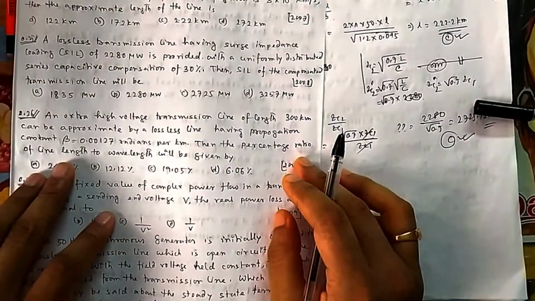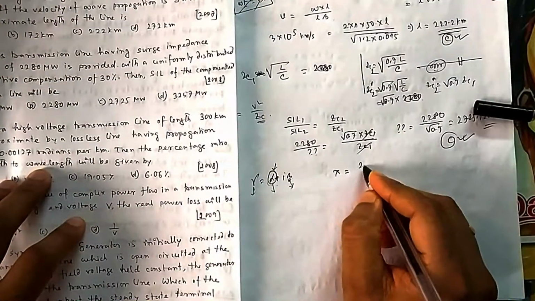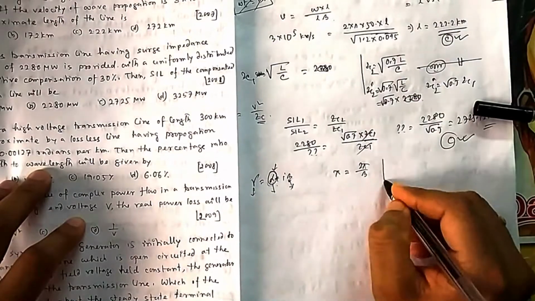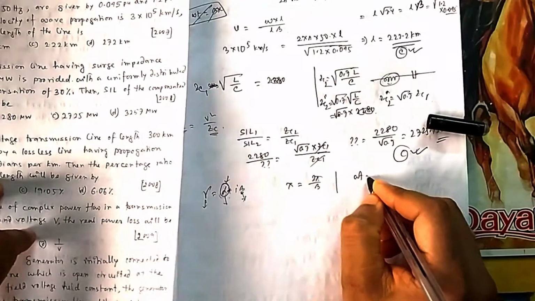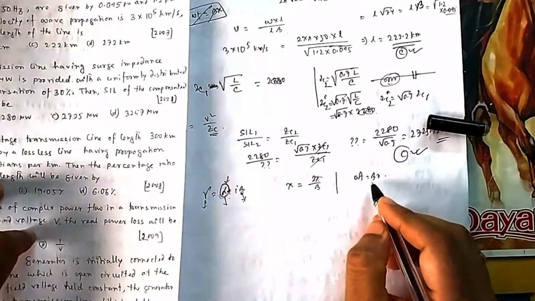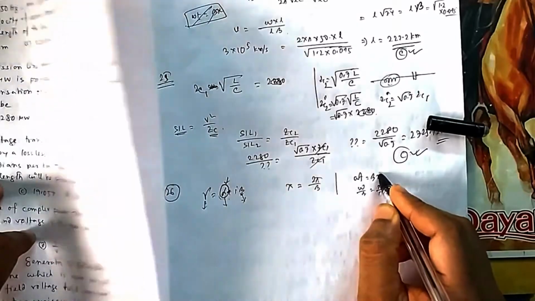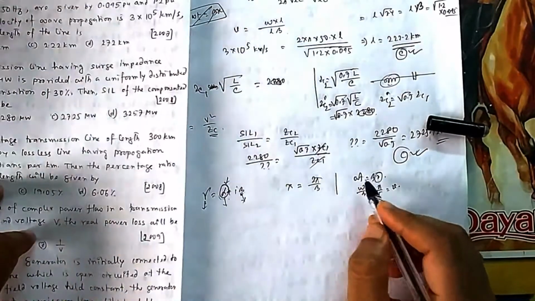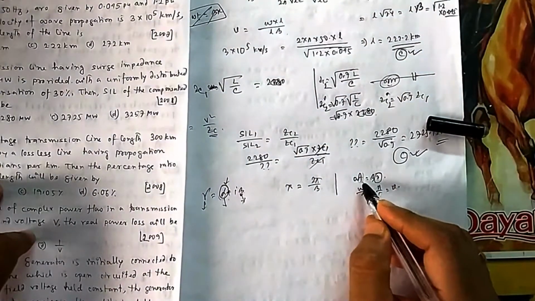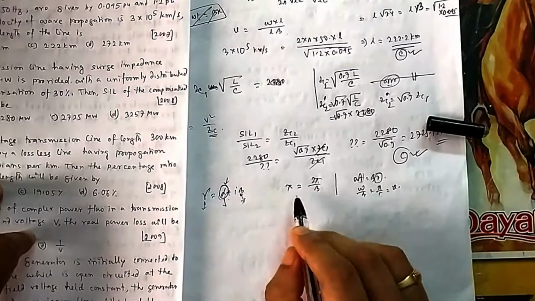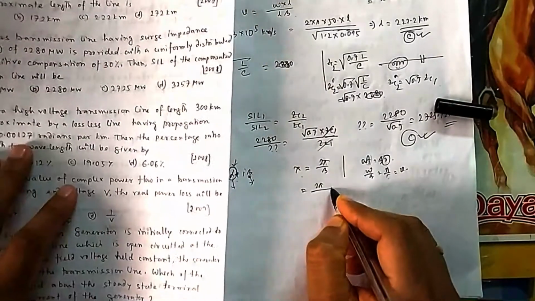Then the percentage ratio of the line length to the wavelength. Now, all this formula, wavelength lambda is equal to 2 pi by beta. All this formula came from that simple equation where we considered omega t equal to beta x. If you derive this, your omega by beta becomes x by t, which was velocity, and how much distance you covered in a cycle. So it is f into T, which becomes 1, then 2 pi by beta becomes your lambda, that is, its wavelength.